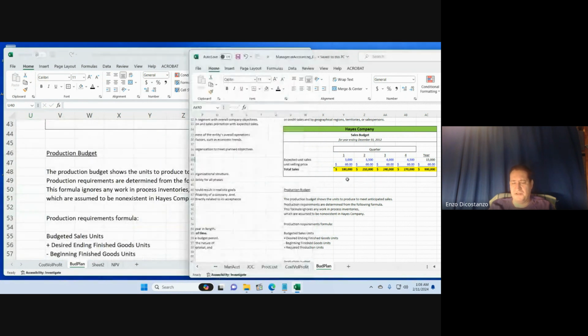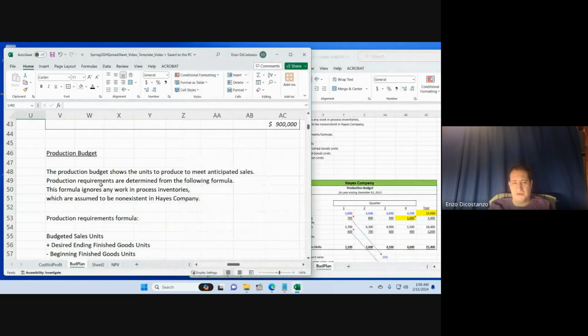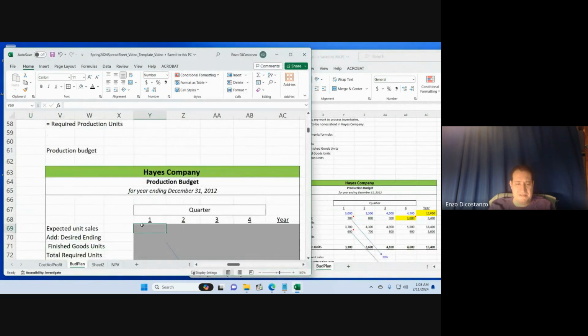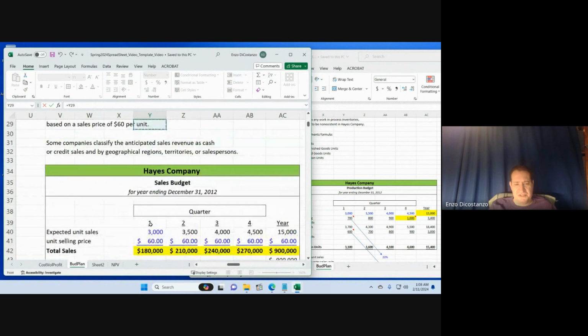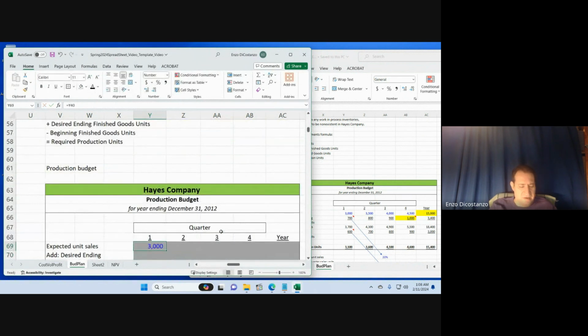And how you want to start this is where it says expected sales. You just go right up to what you just computed. The units, now you care about units. You could make the font black or whatever. And then say equals sum, and just sum up your 4 quarters like that.